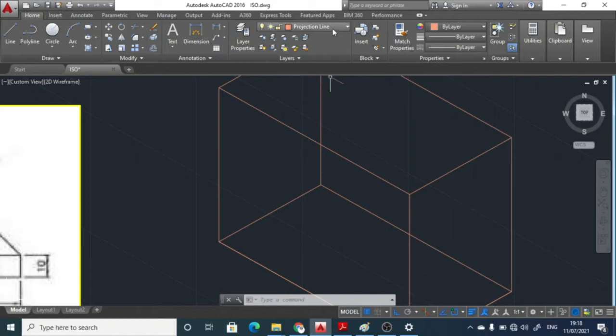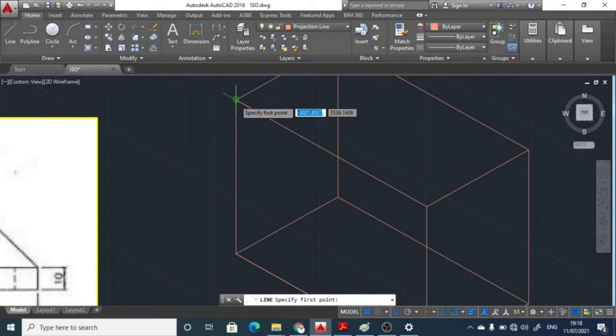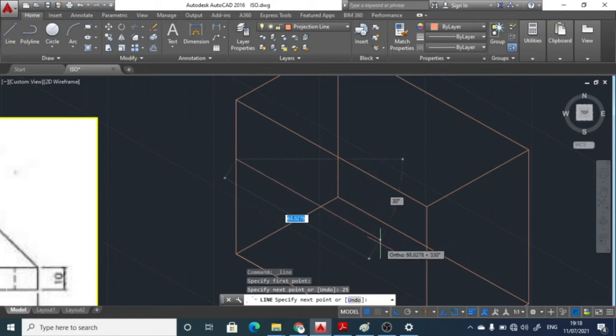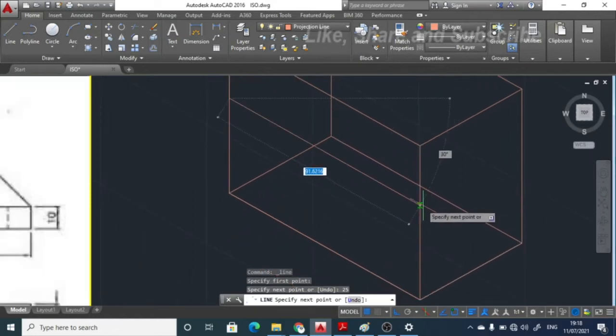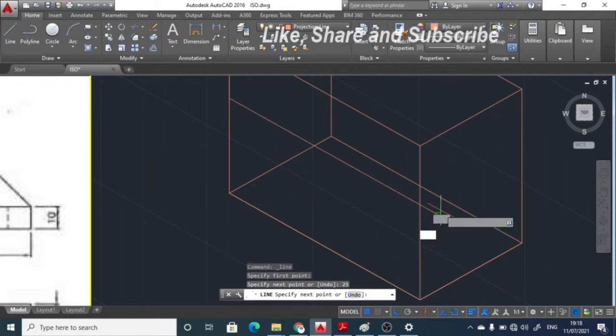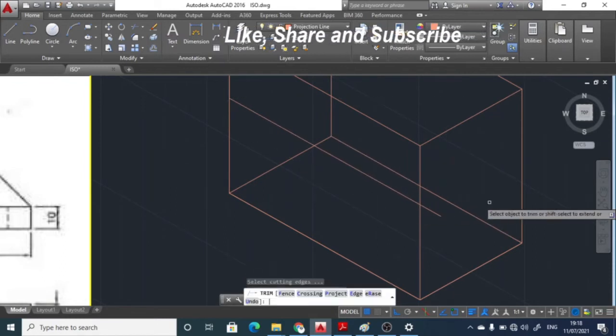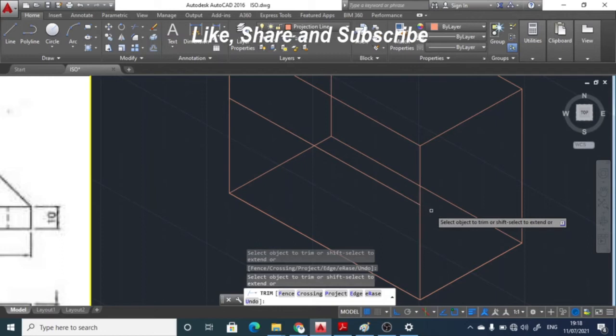Before that, we'll first draw the center line over here. From this corner I measure a line of 25 mm and we just draw the line like this. So I am drawing a 25 mm line over here with the help of the projection line.